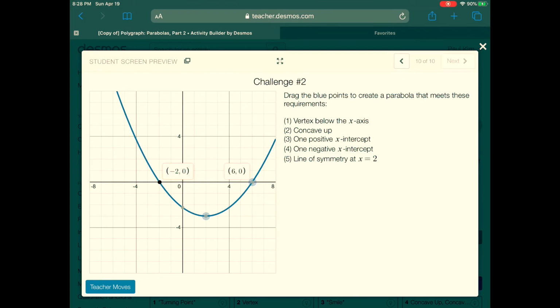Make sure the vertex is below the x-axis. Make sure your graph is smiling, right? Make sure it's concave up. Make sure you have one positive x-intercept, one negative x-intercept, and you want to make sure that your vertex had